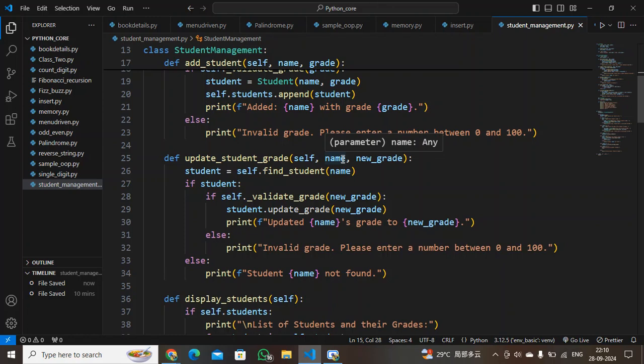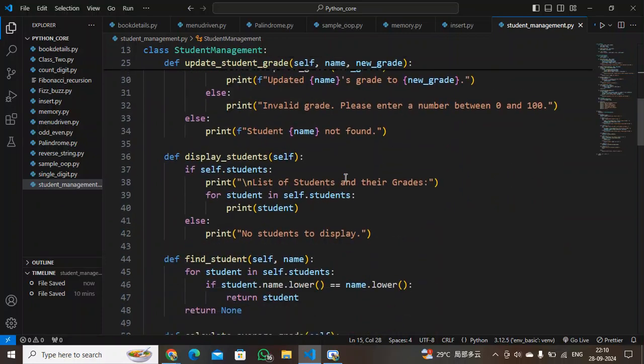If the student doesn't exist in the list, then how can I update his grade? So I have to check whether the student is there or not in the student list. For that I have used another function, find student, and inside it I am passing the name parameter.